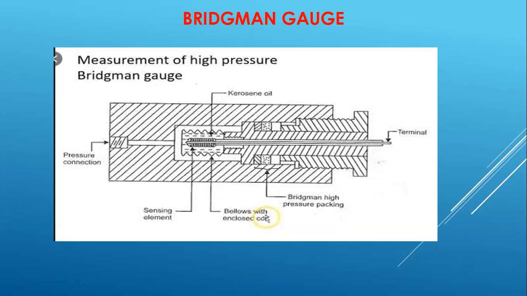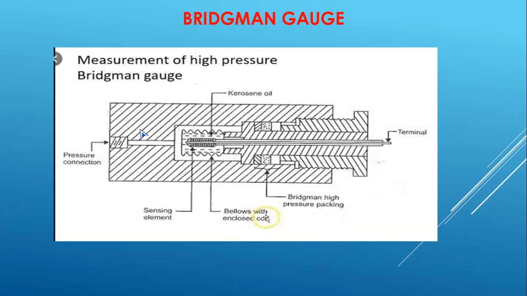See, for pumping of kerosene from a tank to a bottle, or siphoning of the kerosene or liquid, you are using a plastic siphon. In the same way, you have the bellows present here, and at the center of the bellow, there will be a terminal which is connected to the recorder or digital output. Then, you connect the high pressure source here using the threads, maybe V thread.